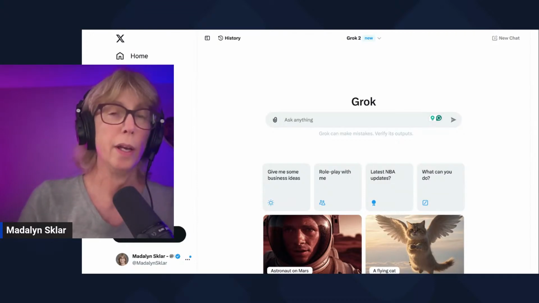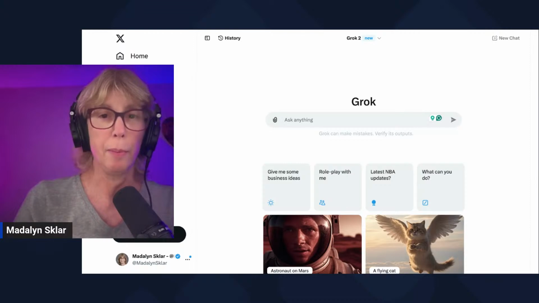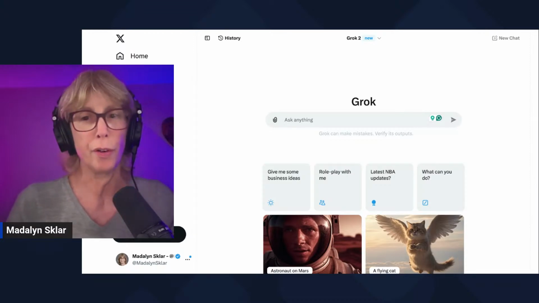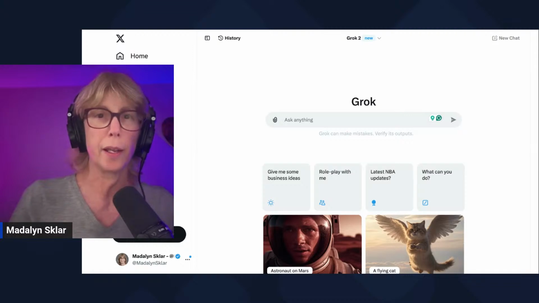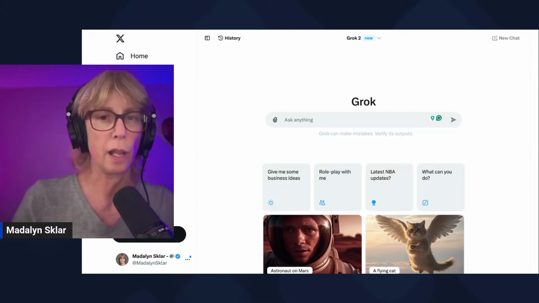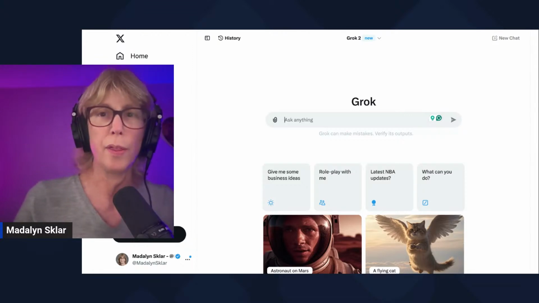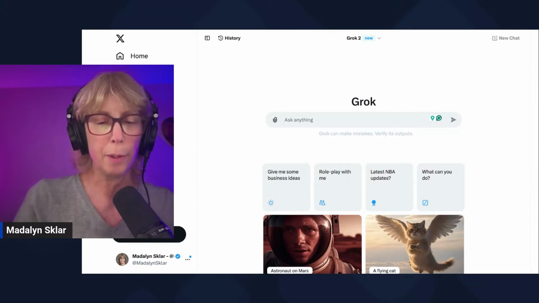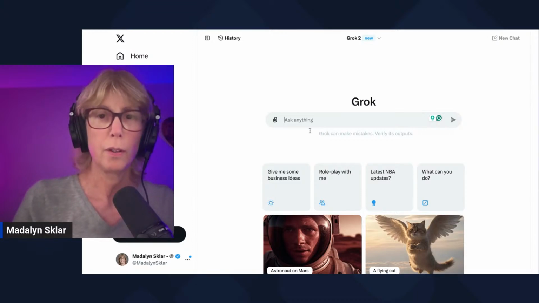And what I was playing with is the image thing, because they've been talking about being able to do the image generation. It's called Aurora. There was an article that came out in TechCrunch, I think it was last week. So I've been playing around with it.